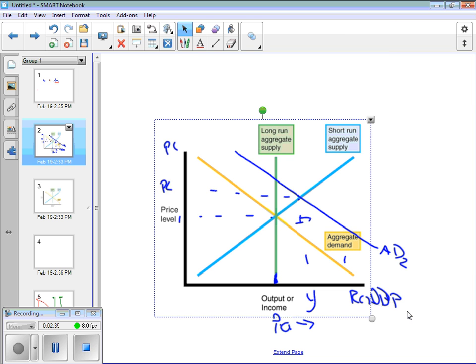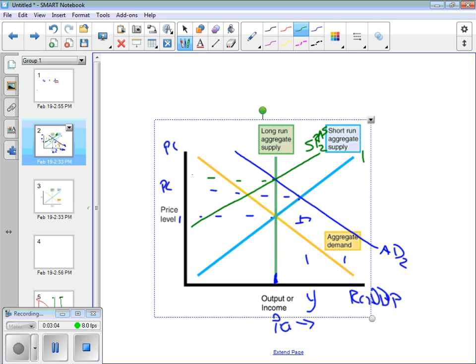Well, for a short amount of time, when prices go up, businesses earn more profits because costs per unit are staying the same, as we just said, which means they're going to want to produce more and they'll be willing to hire more. But as people start to see the pinch on their budgets because their money wage rate is staying the same and the prices are going up, they'll demand higher wages. When these wages adjust, we see a shift to the left of short-run aggregate supply, and we're back at our potential output. We just see a continuing increase in the price level, and we're back to where we're intended to be.